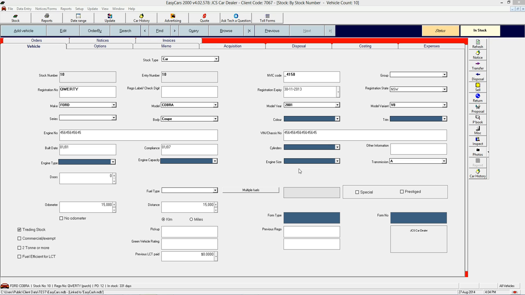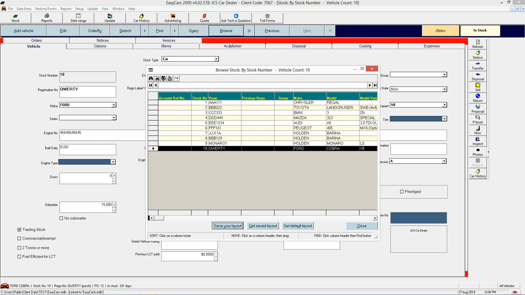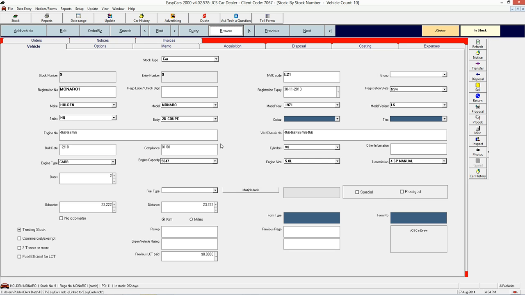Once this is open, you will need to find the stock number or registration number which you wish to add that expense to. You can find the stock number by using any of these search fields at the top. For this purpose, I will use the browse screen. Once I have selected the vehicle, you then need to click on the expenses tab, which is at the top